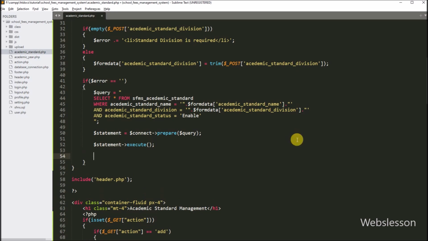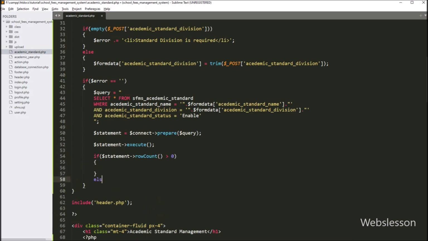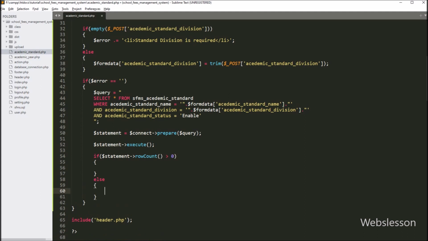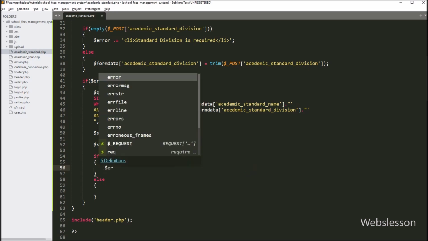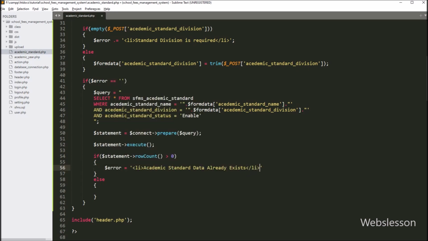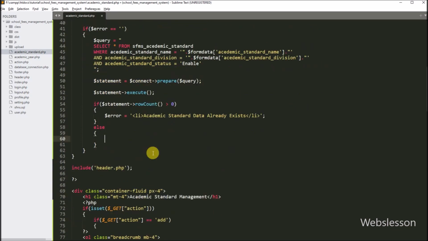After executing the query, now we have to write an if statement, and under the condition, we have to write the $statement variable with the rowCount method, which returns the number of rows affected after the above query execution, and this value must be greater than 0. If this condition is true, that means academic standard data already exists in the database, and it will execute the if block of code. And here, we have to write the $error variable is equal to an error message like "Academic standard data already exists." But suppose the above condition is false, then it will execute the else block of code, and here, we have to write